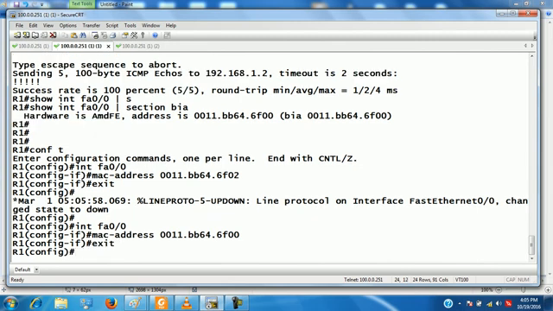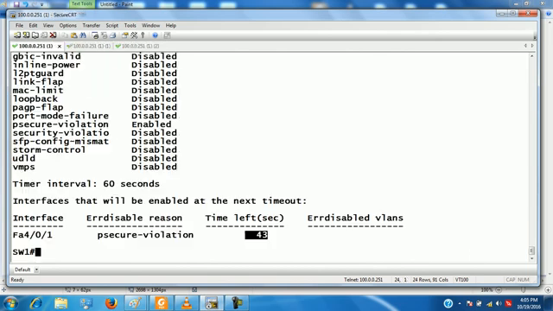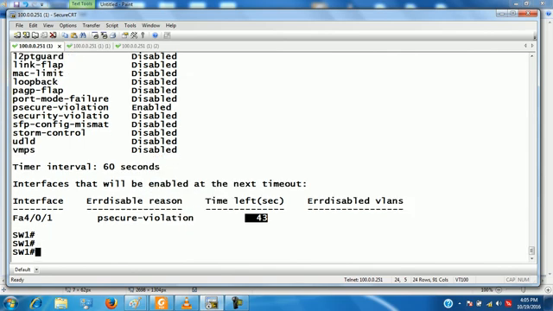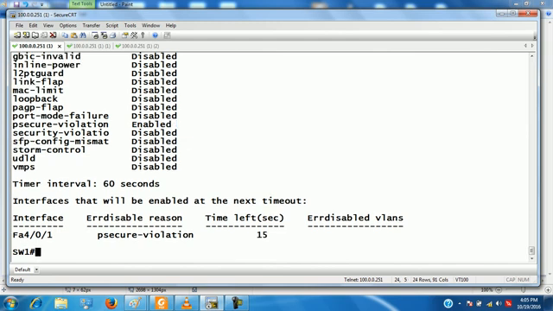Fine. So that condition will no more be there. That condition will not exist, so the switch will move that port to working state. Look. After how much time? 15 seconds.